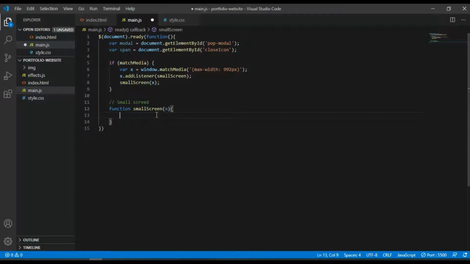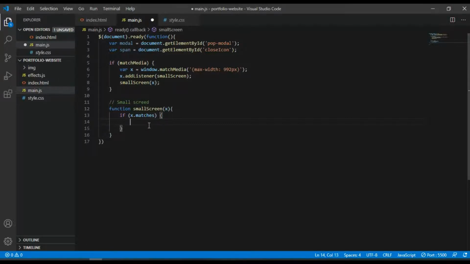Our major query. So I'm going to do if x.matches.